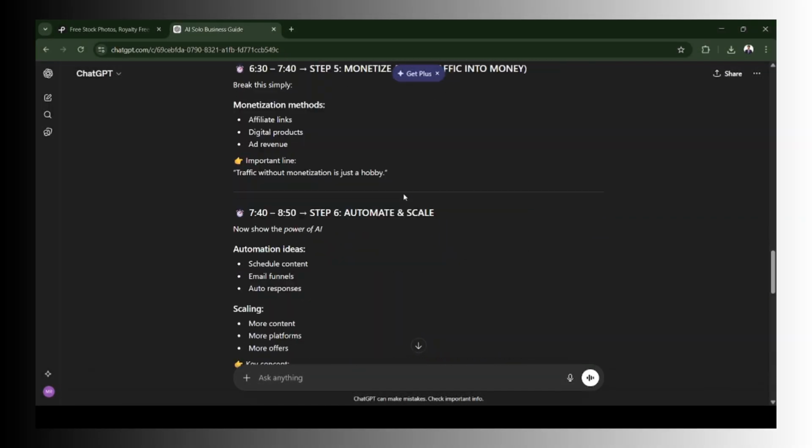You can use this in YouTube content creation. This is where AI becomes powerful. Prompt example. Act as a YouTube script writer. Create a 10-minute script about how to be productive as a one-person business owner. Use a strong hook, engaging tone, step-by-step structure. Now you have a ready-to-use script in minutes.